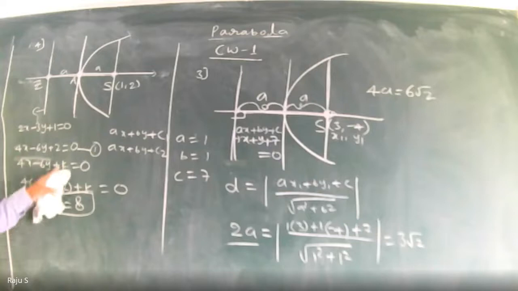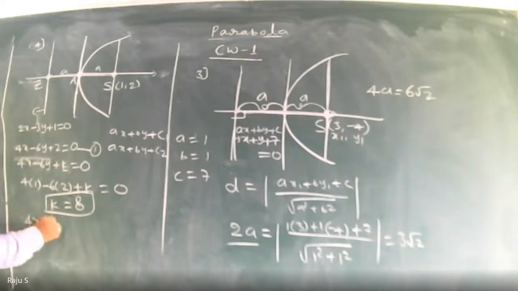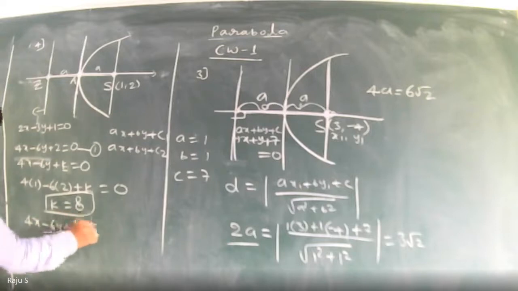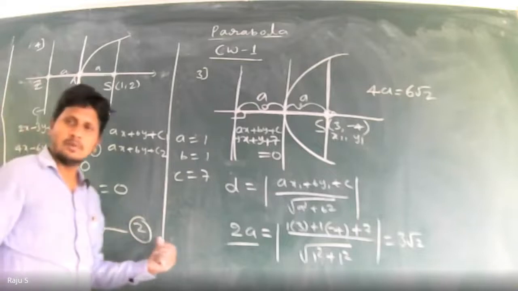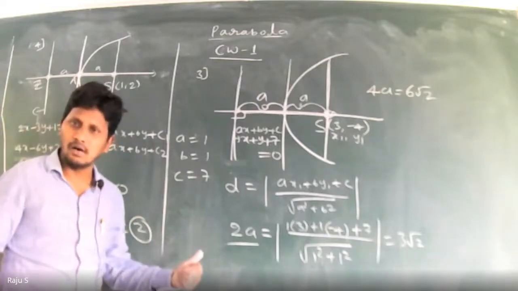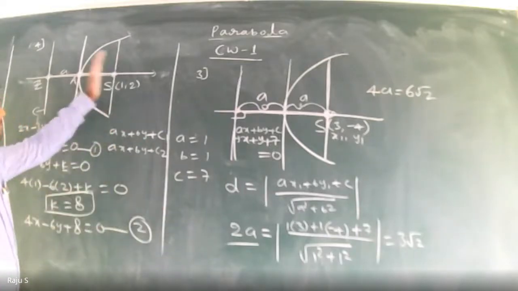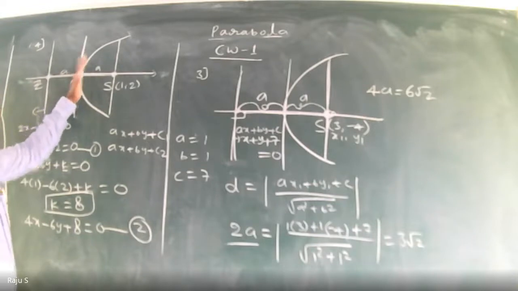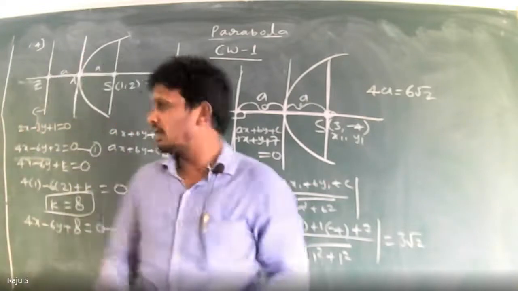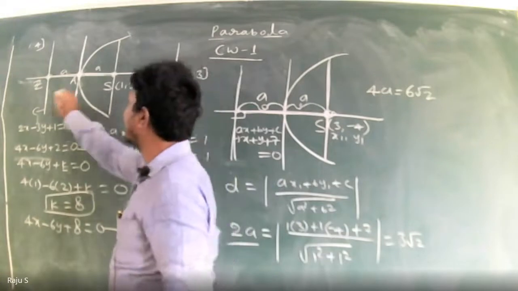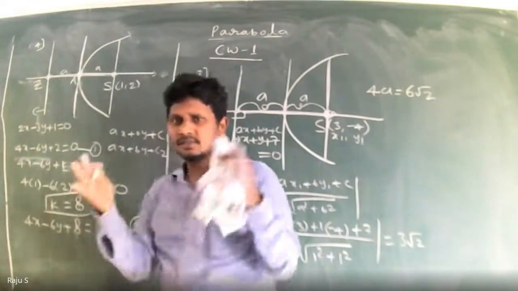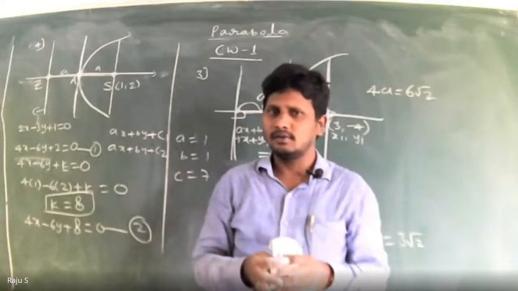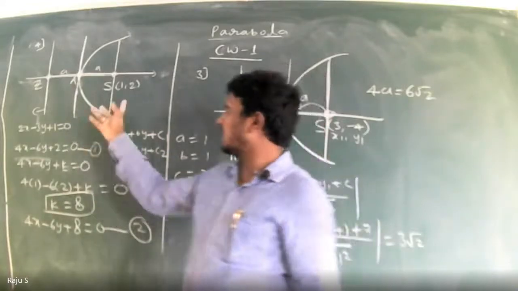K is equal to 8, again substitute here: 4x minus 6y plus 8 is equal to 0. This is equation 2. Equation 2 is the equation of the latus rectum, but we require the equation of tangent. If you observe, exactly the line which is in the middle,